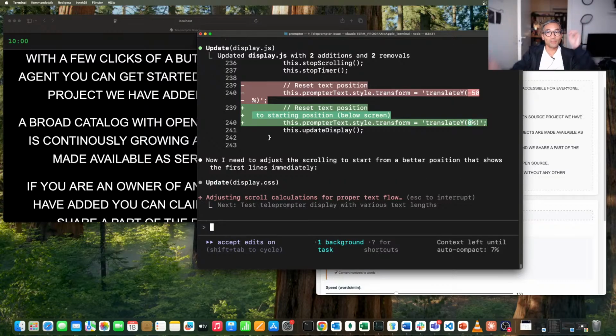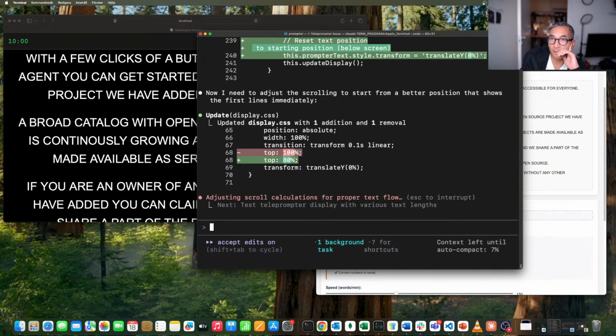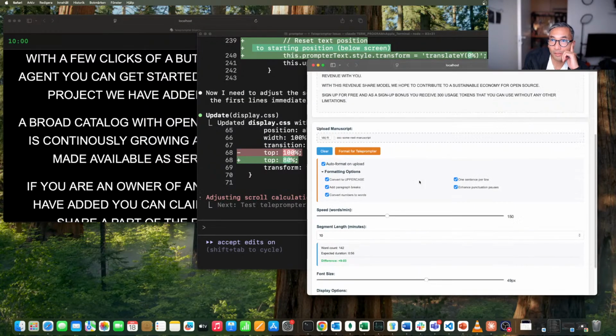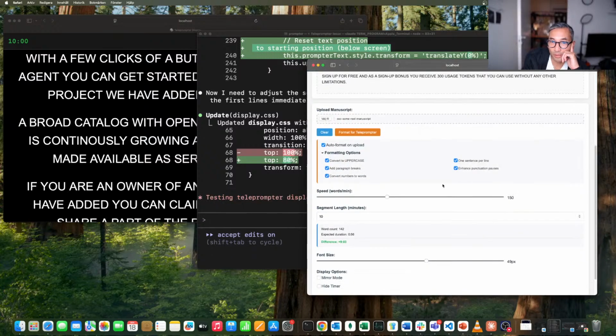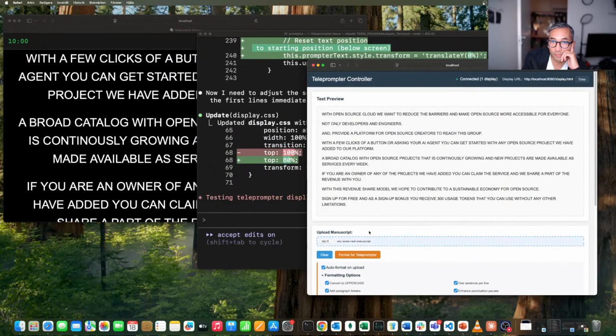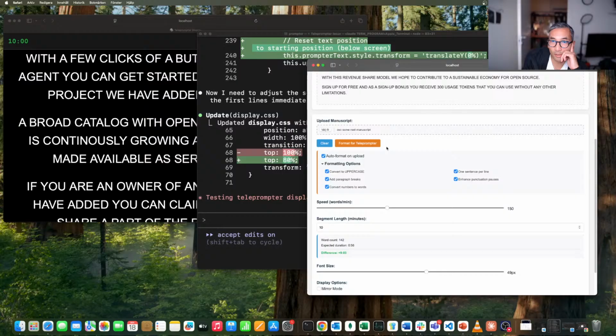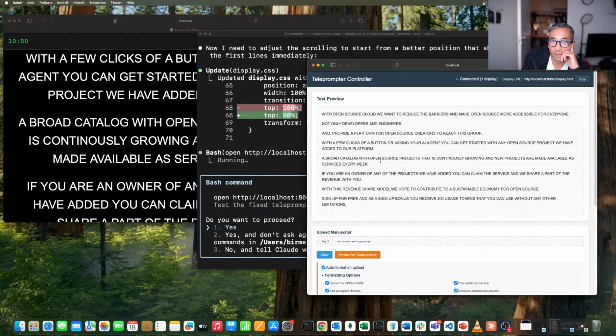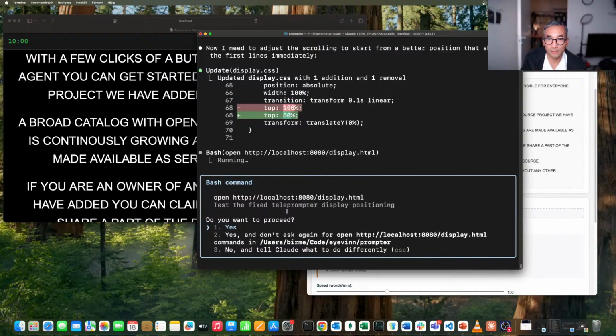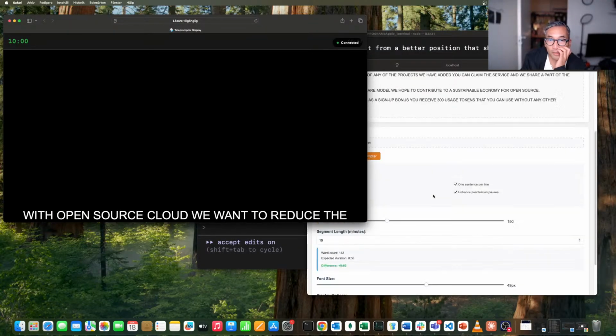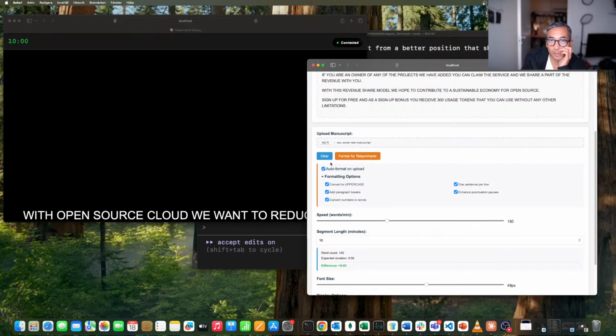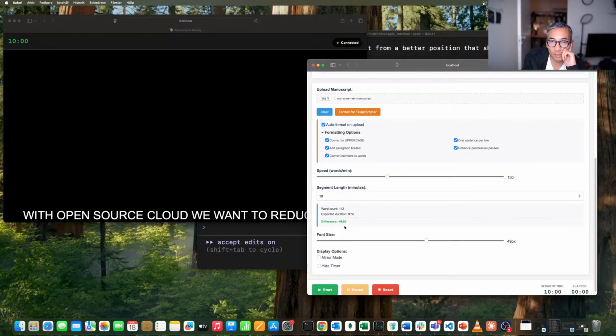So okay, we have what we have now. We have a control application here, and we can upload a manuscript in Word, and we can add some settings. We can format the manuscript, we can set the length, we can calculate the difference based on the read speed, and